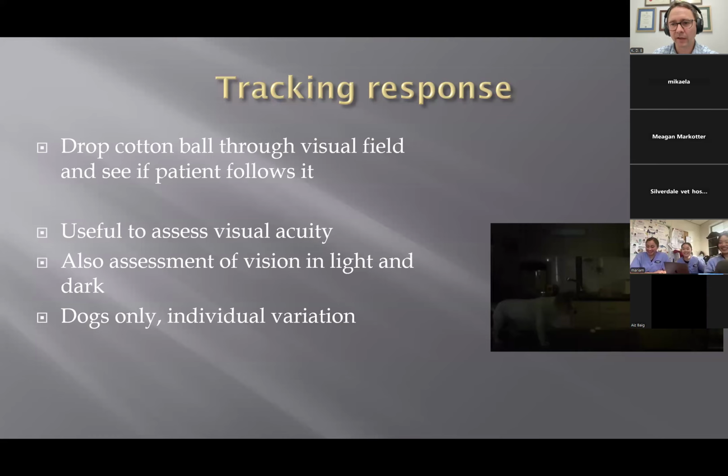Sounds kind of obvious, but you want to make it a visual stimulus, all right? So you don't want to hit her in the face with a cotton wool ball because she'll react to that. But it happens surprisingly often, as you're dropping down cotton swabs or something like that, it might brush a whisker if you're a bit close. And you want to use a target which is not going to make any sound